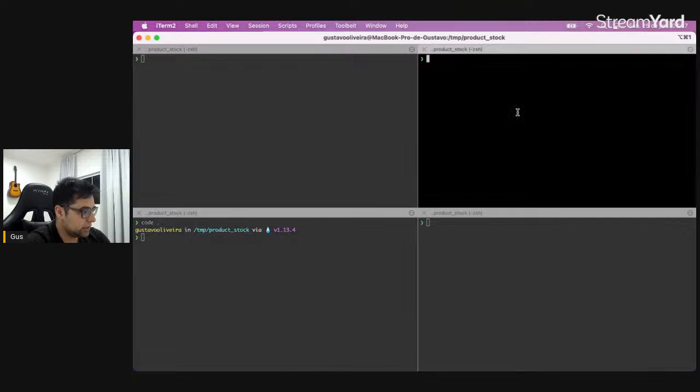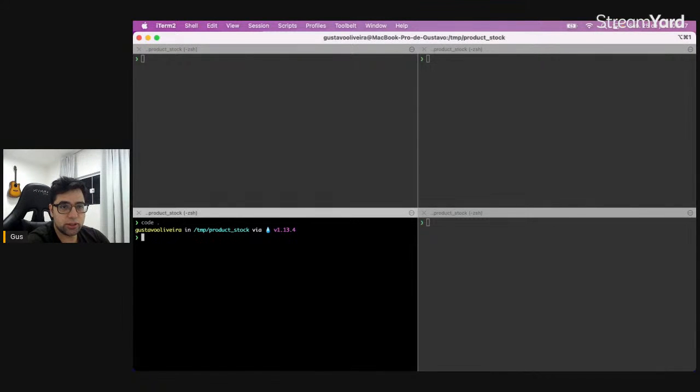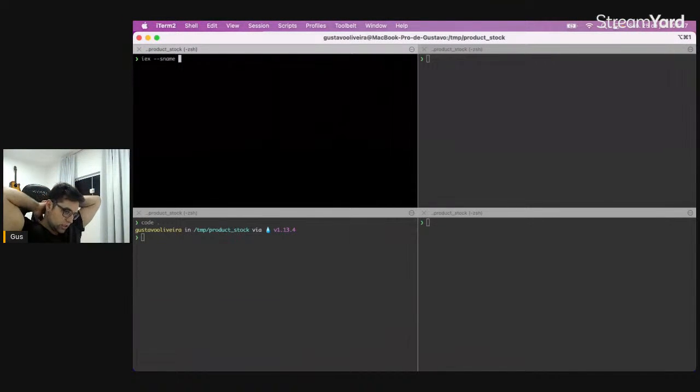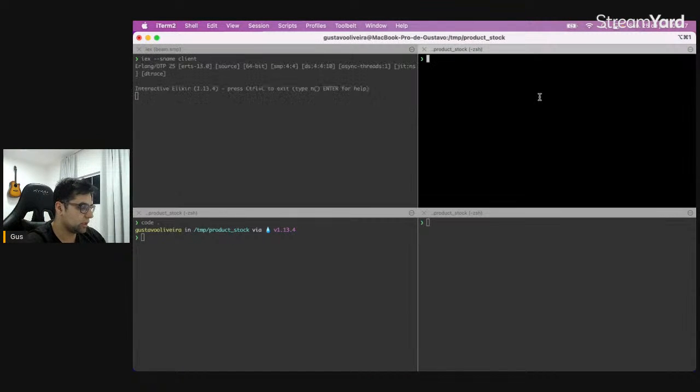And one of the things that we are going to do, our first step, is to understand basically how nodes and RPC work when we use Elixir. So for our first step, I'm going to use a short name for our application. I'm going to say client. I'm going to open one here,